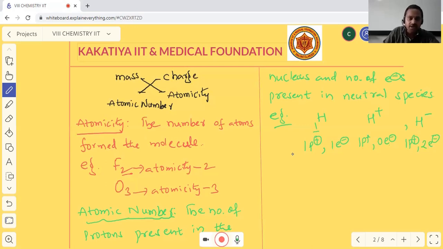Next, coming to the point, atomic mass. The topic is atomic mass. Atomic mass means actually the mass of